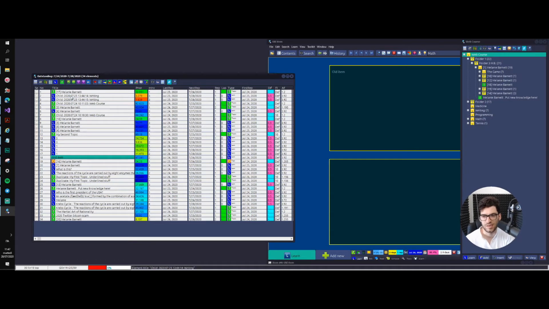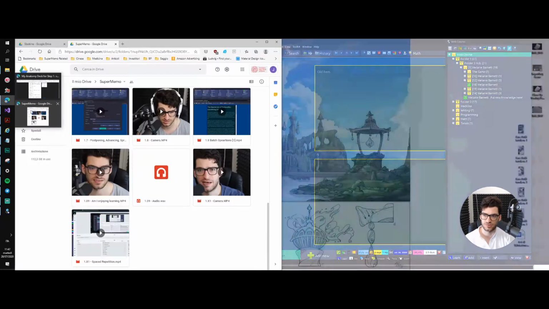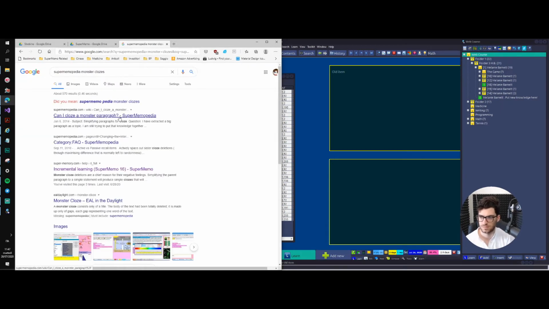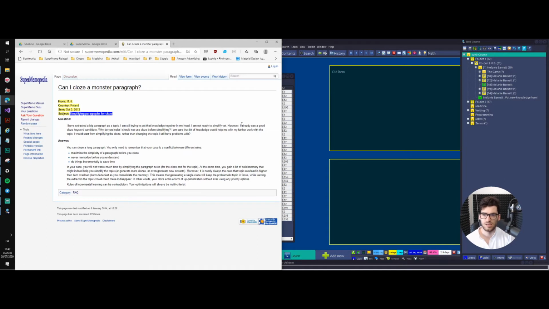Why do I want to do this? Because if something is really long, like even items, I have some items that contain a lot of text because they are monster clozes, and I'll show you very quickly. So sometimes it's not wrong, if you're doing incremental reading, to consider cost in terms of time rather than how good is the cloze. If you read here,